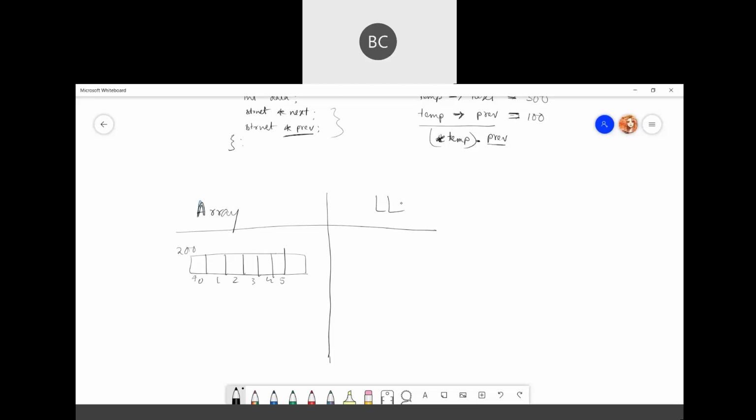If we have one more, how do we decide the address of any element in an array?